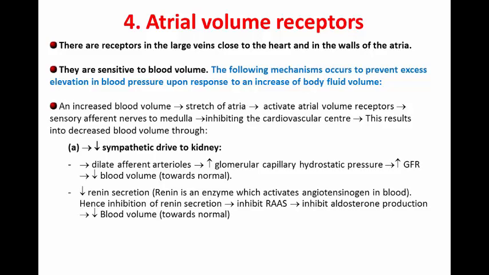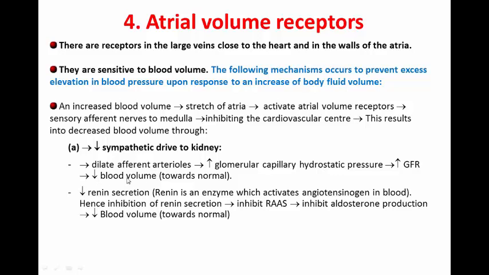An increase in blood volume stretches the atria of the heart, thus the atrial volume receptors are activated, resulting in action potentials transmitted through sensory afferent nerves to the cardiovascular centers in the medulla oblongata, inhibiting the cardiovascular centers. This results in decreased blood volume through the following mechanisms. Number one, there would be decreased sympathetic outflow or sympathetic drive to the kidneys. Thus, the afferent arterioles of the kidneys would dilate, and this increases the hydrostatic pressure in the glomerular capillaries. Hence, the glomerular filtration rate increases, so we have more filtration of the blood, and this lowers the blood volume